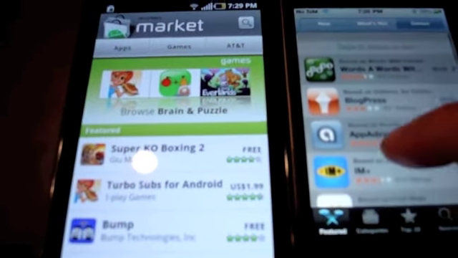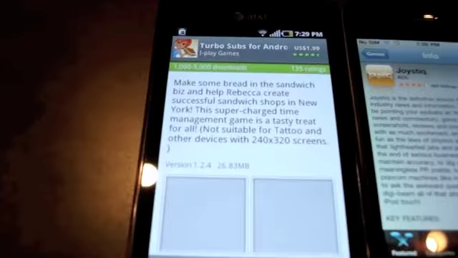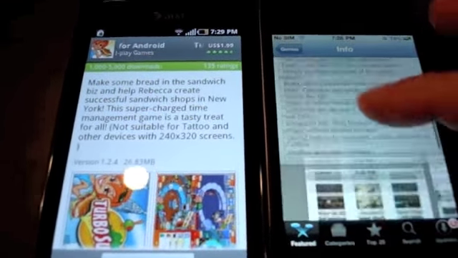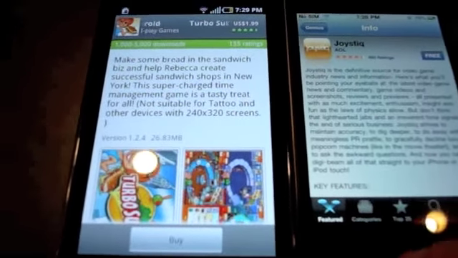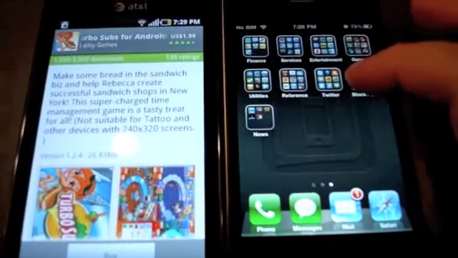Featured tab right here, star ratings, prices. You can click into them to see the descriptions and some screenshots, just like you can. Very, very similar. I didn't have any problems finding Android apps that I wanted that were comparable to my iPhone apps. The only thing I would say is Twitter, and it's not really a very fair comparison coming from me